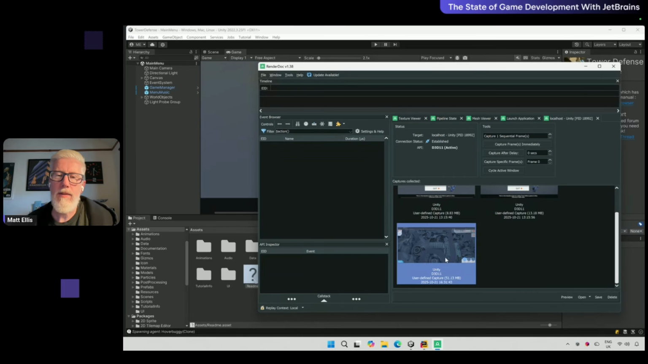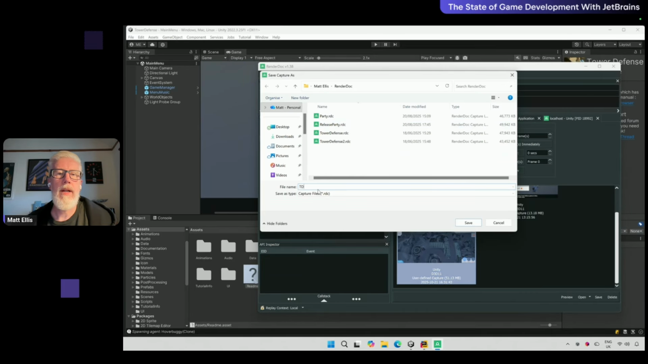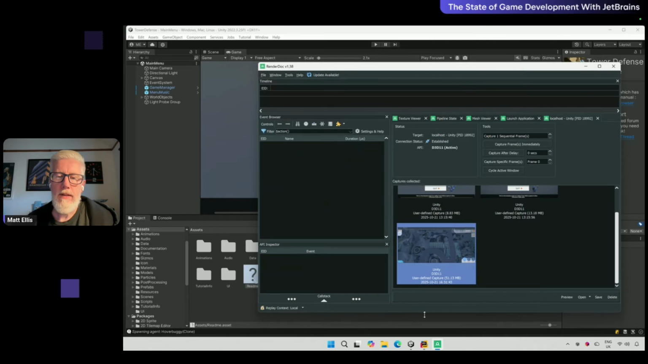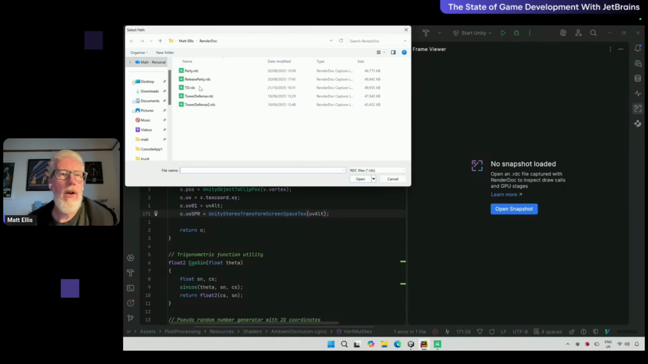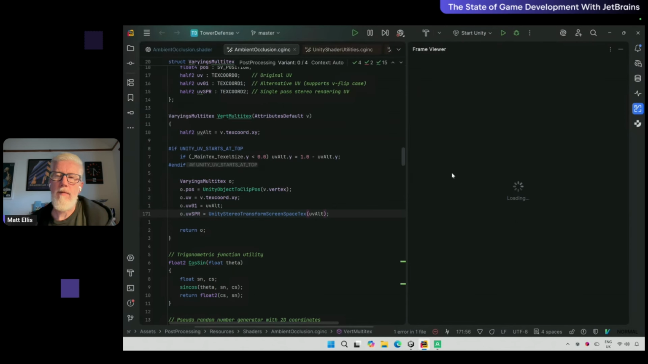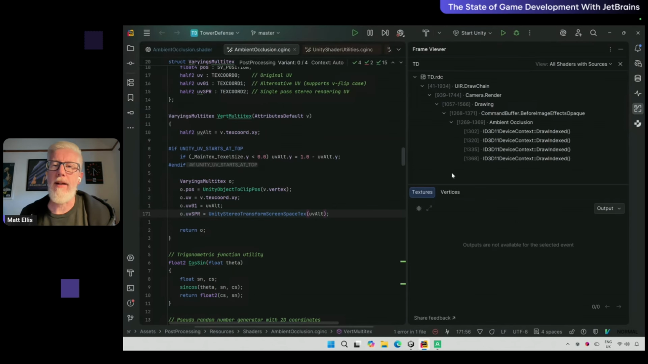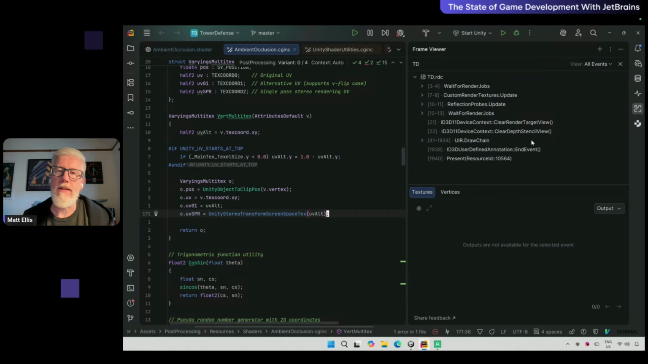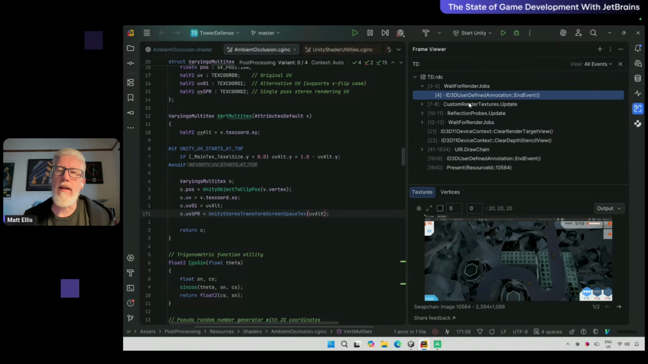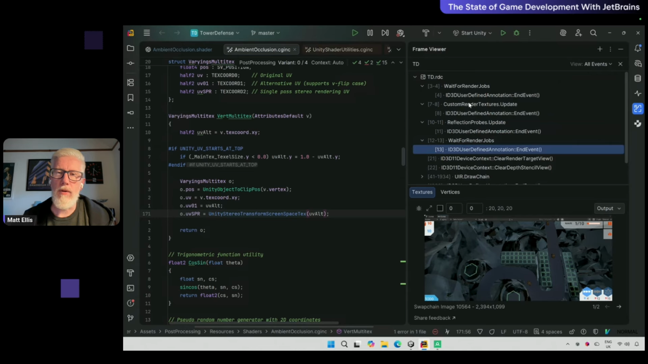If I save this, let's just call it TD for now. If I save that, I can switch back into Rider, and now I can open up the frame view of this particular item. And you get to see all the different steps that are going on here. We can change the way we want to look at it and have a look at all events, and you get to see everything. You could dive through all the different calls that have been going on there,